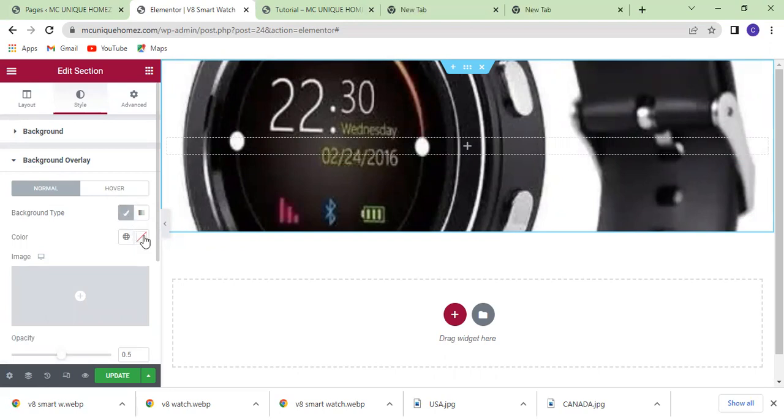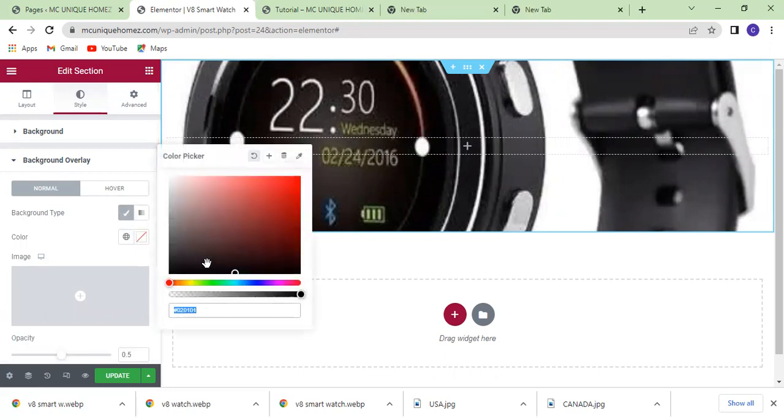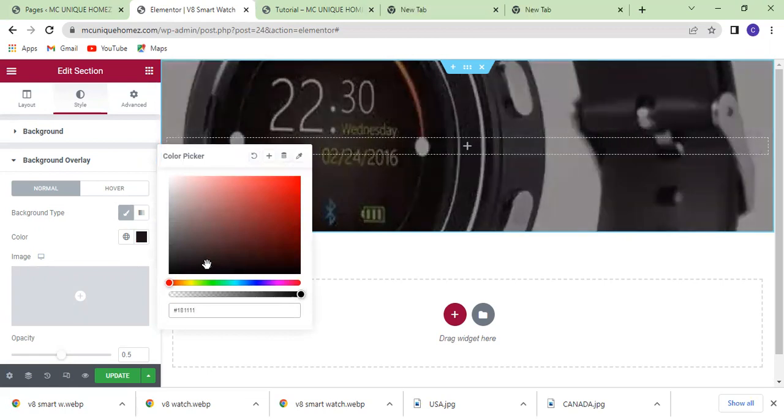I don't want the color to be white. Let me see if I can change it to something else. All of this is just to show you how to do it. What I'm building might not be to your taste. It might not even be to my taste as well, but because of time and all of that,